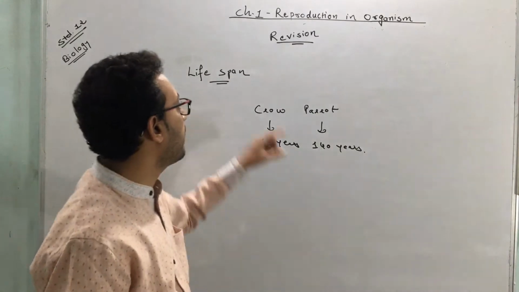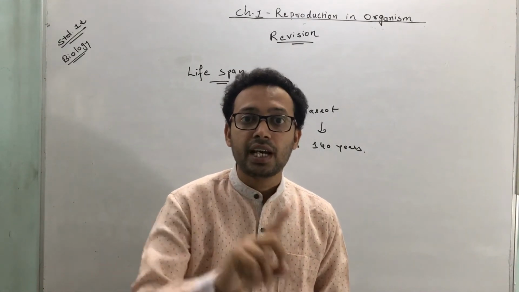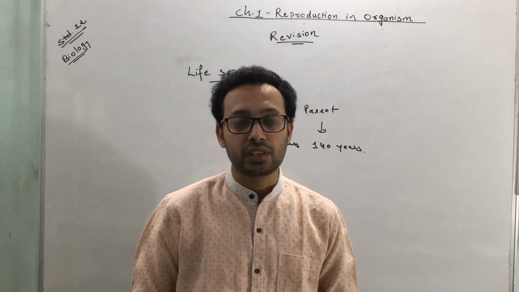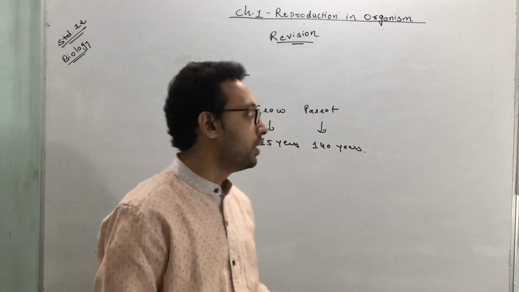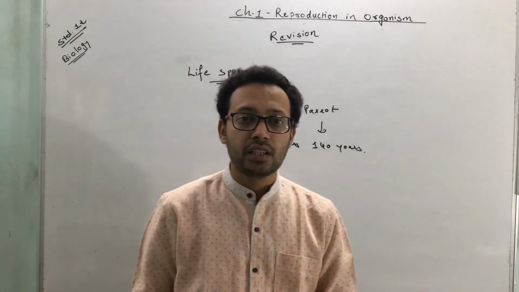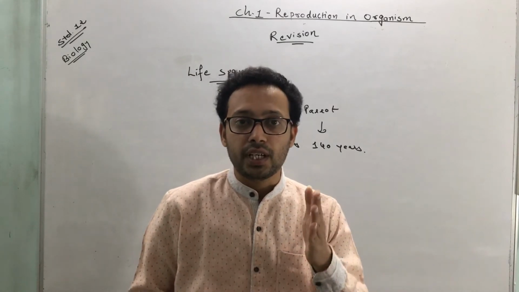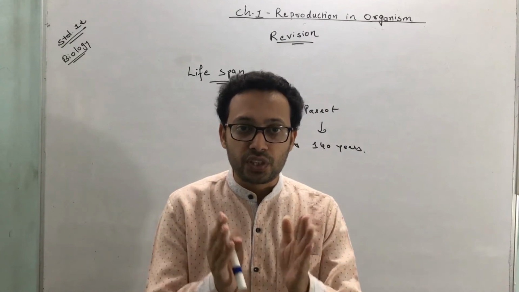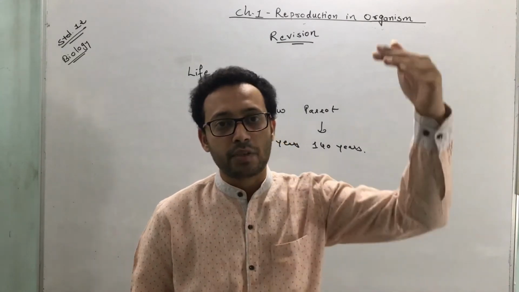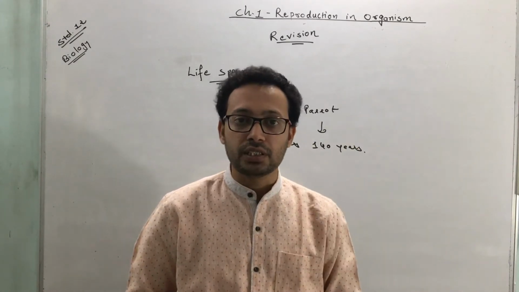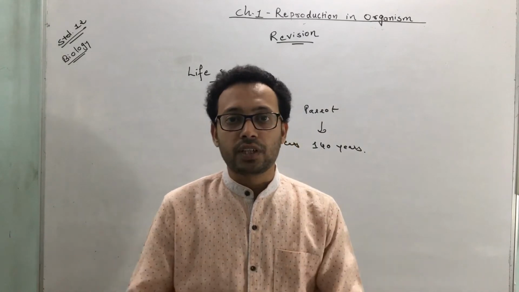So what is the definition of lifespan? The lifespan is the time period between birth and natural death of a living organism. This is called lifespan, and it varies. The lifespan of different living organisms has been provided in the assignments and the notes. You have to focus on it. You have to remember the data given in the assignments and the notes, and the lifespan of different living organisms. Clear?